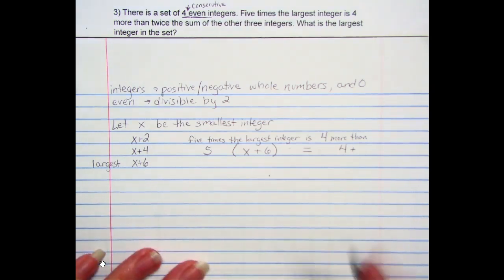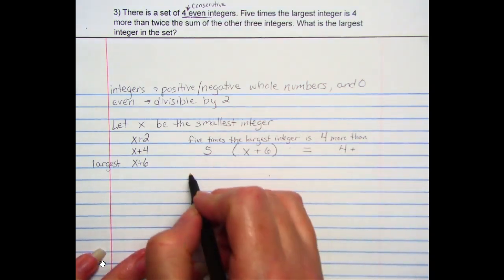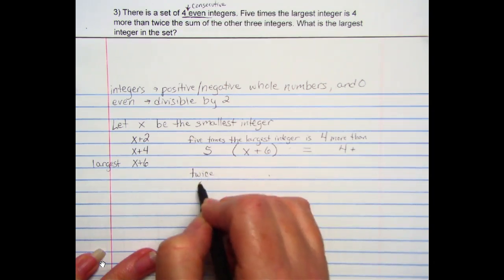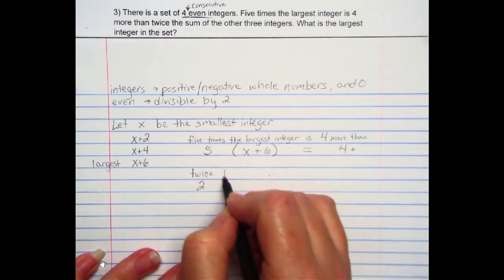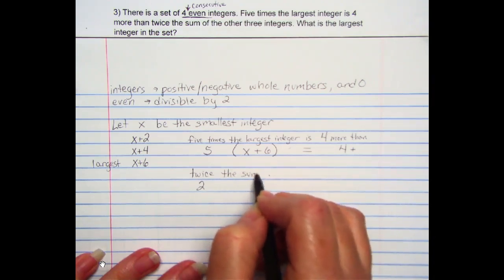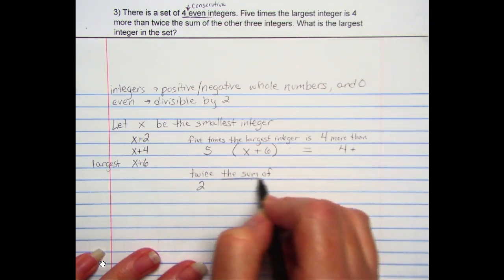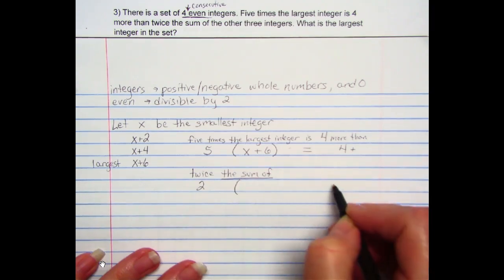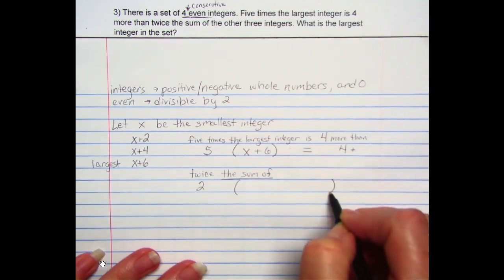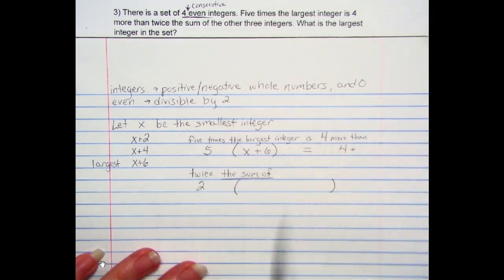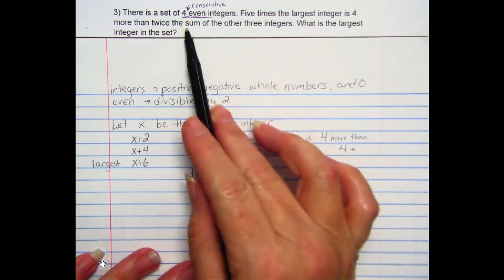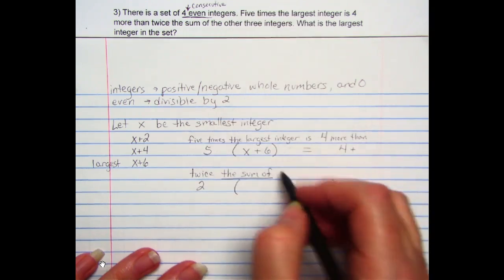and then we're going to use the next line. Twice means 2 times, the sum of. When I see the words the sum of, that means I'm going to put something in parentheses, especially if it comes in the midst of this big thing that's going on. The sum of the other